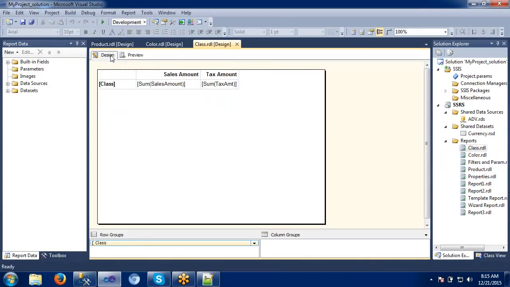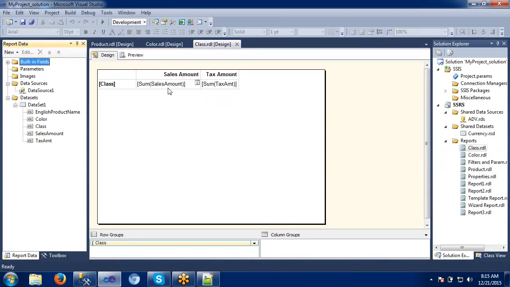I have created a very simple report with one dataset, one data source, and one matrix. In this I have taken class, sales amount, and tax amount. That's it.